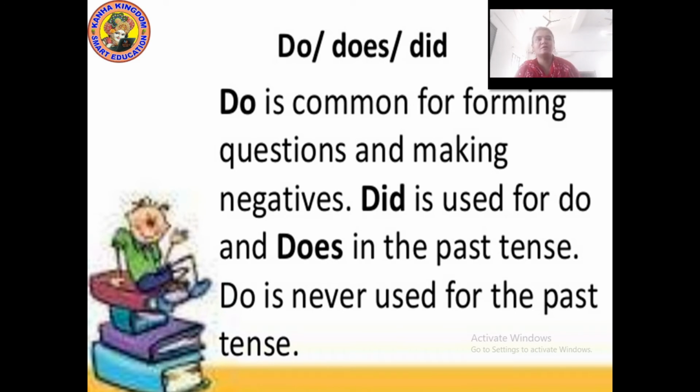Is, am, are, was, were, can, could, will, would, shall, should, has, have, had, do, did, does. These kinds of verbs are auxiliary verbs, and main verbs are the verbs which show the action we do: sleep, talk, study, read, sit, stand, eat, jump, drink, etc. There are many. Okay, so wherever you want to use an auxiliary verb, it should always come before the main verb. Don't forget. Understood?